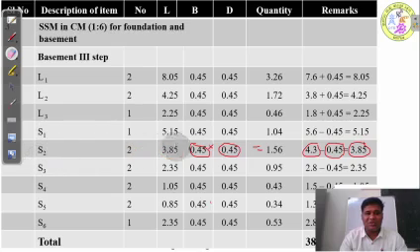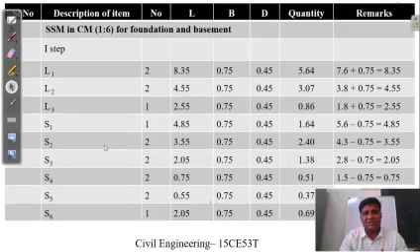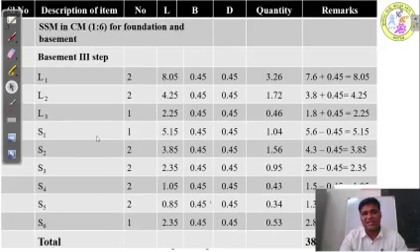So in this manner, you are going to calculate all the quantities of L1, L2, L3, S1, S2, S3, S4, S5 and S6. And then you are going to sum all the quantities of the size stone masonry, that is first step, second step and third step. After adding, I am going to get the value 338.74 cubic meter as the final quantity, the total quantity of the size stone masonry.